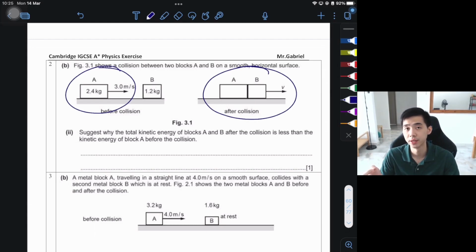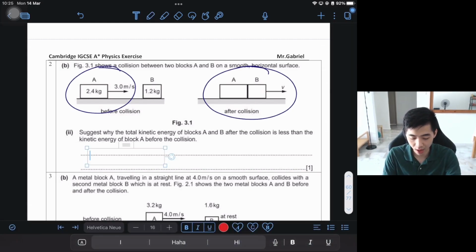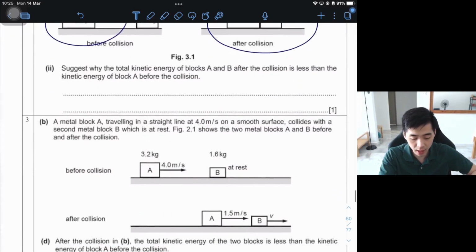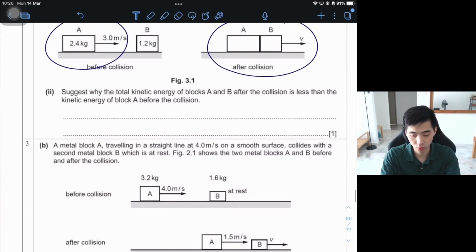You have to understand that in a real life scenario, energy will never be fully transferred. Some of the energy will always be lost to the surrounding, and this is a very, very popular IGCSE question. Whenever you see these kinds of questions, the reason why you won't get the full amount of energy is because some of the energy was converted into heat and lost to the surrounding, guys. So if I were to write this down, it will be something like